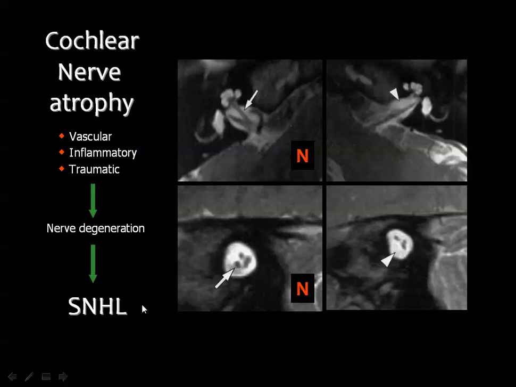Then in cases of cochlear nerve atrophy, whether it is secondary to vascular abnormality, inflammatory, or trauma, you will see 3 out of 4 nerves. The two closely related nerves represent the vestibular components, the superior and inferior vestibular nerves. The upper one is the facial, and the lower one is missing. And this is diagnostic of sensory neural